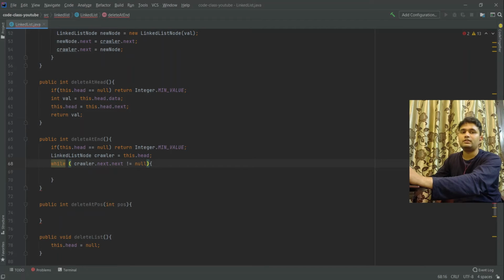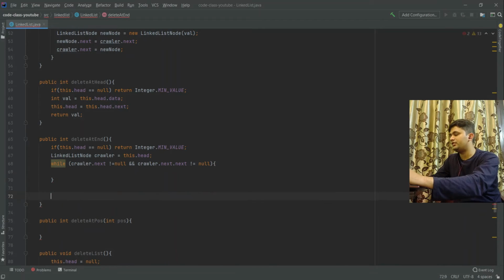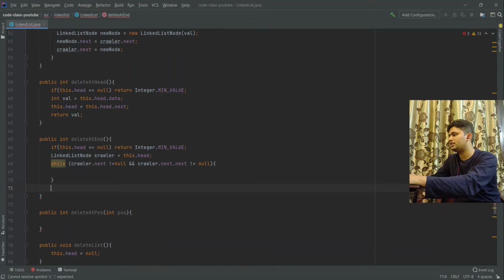Now we must check for the null for this value. If crawler dot next is equals to null, so this must not be null. After this, what we can do is we can simply get the value from crawler dot next.